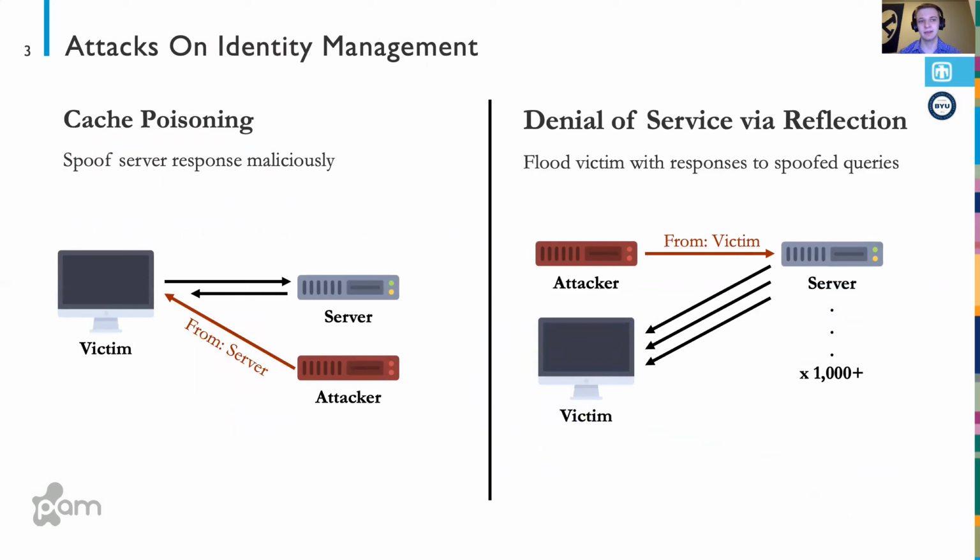In the first attack, known as cache poisoning, the attacker spoofs a response from a server, pretending to be authoritative. So this results in the victim receiving a potentially malicious IP address as an answer. With denial of service attacks, the attacker spoofs queries appearing to be from the victim. They'll send these fake queries to thousands of servers, causing the victim to be overwhelmed with responses. In both of these cases, the attacker is off path, meaning they're not seeing a direct communication between the victim